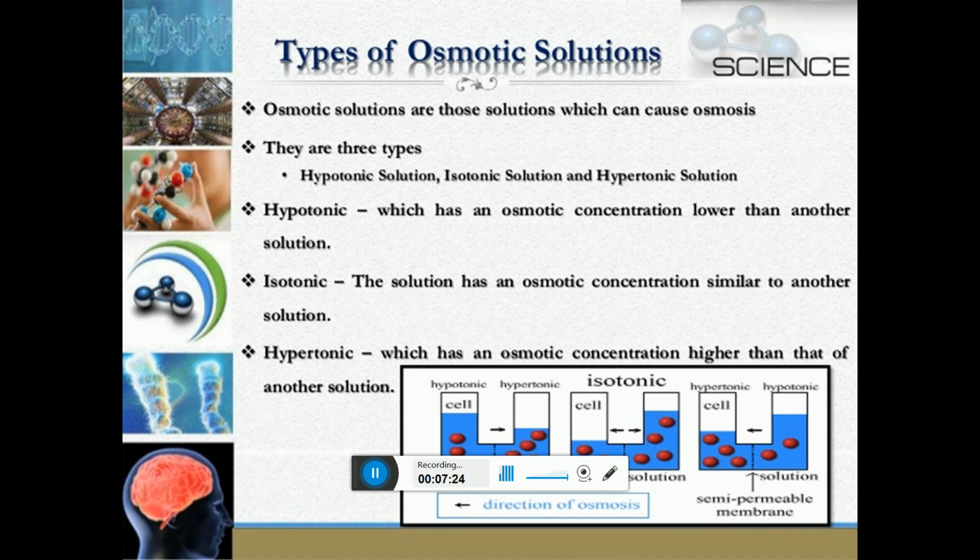The movement of water molecules through such a selectively permeable membrane is known as osmosis. The movement of water across the plasma membrane is also affected by the amount of substance dissolved in water. Thus, osmosis is the passage of water from a region of high water concentration through a semi-permeable membrane to a region of low water concentration. Now, osmosis can be explained under hypertonic solution, hypotonic solution and isotonic solution.